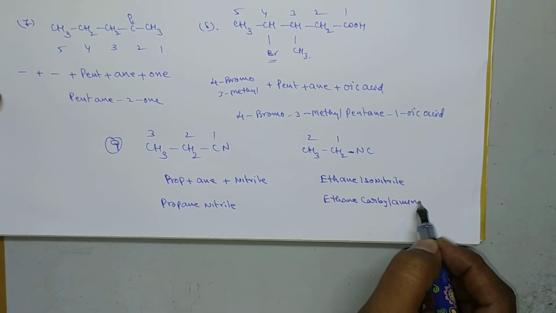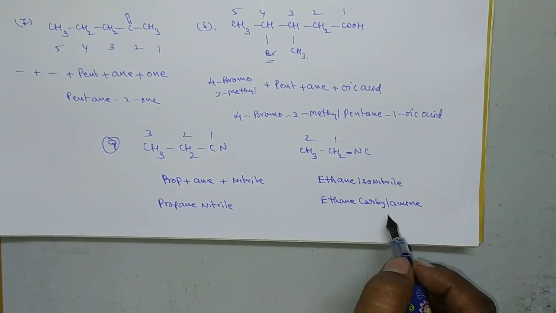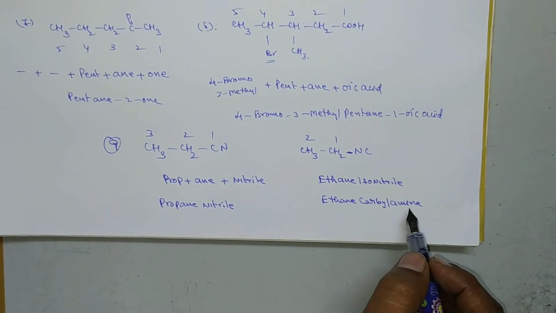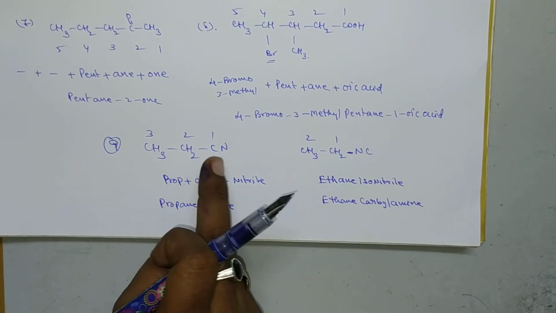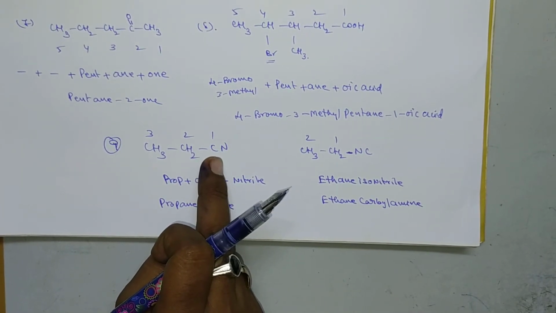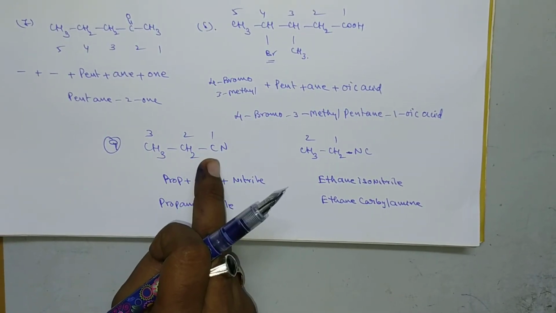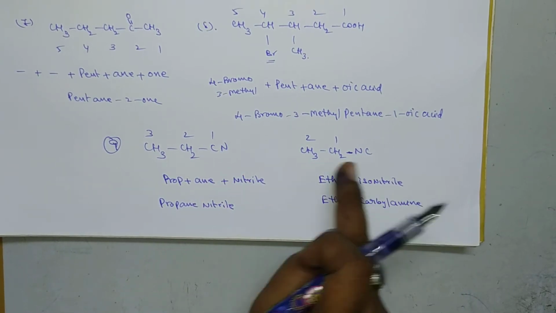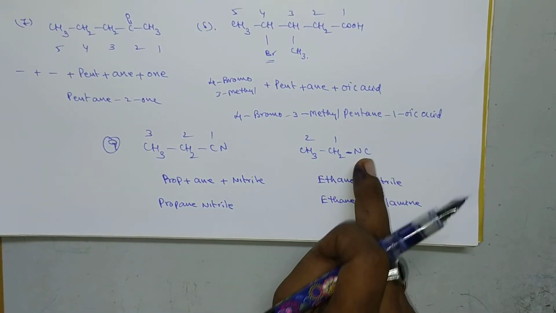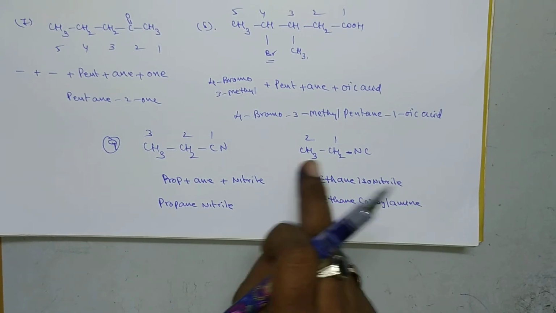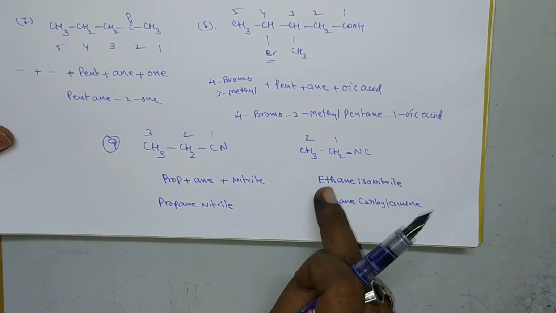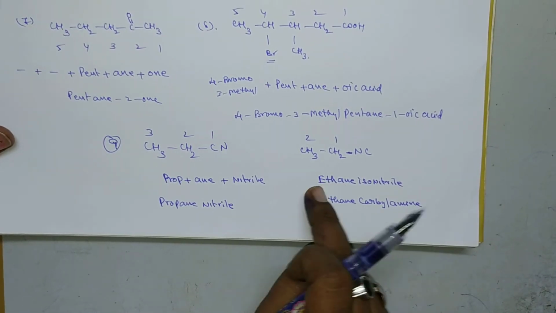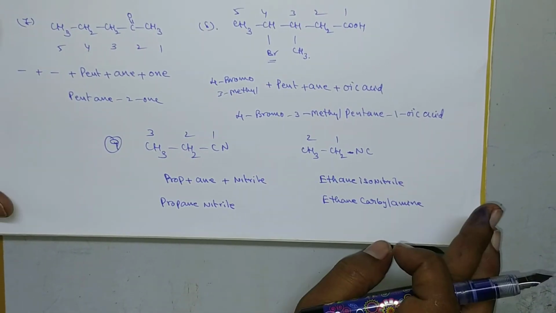Isocyanides are also called carbylamines. So understand the difference between these two. Here we have to consider the functional group carbon also, because there is a continuous carbon chain in the case of cyanides. But in the case of isocyanides there is no continuous carbon chain. So we have to consider these 2 carbons only. This carbon should not be considered in the root word. So that's why here prop, here eth. Okay, clear? And next,